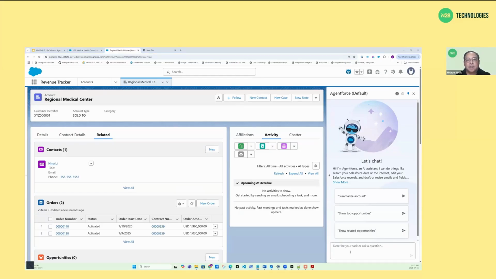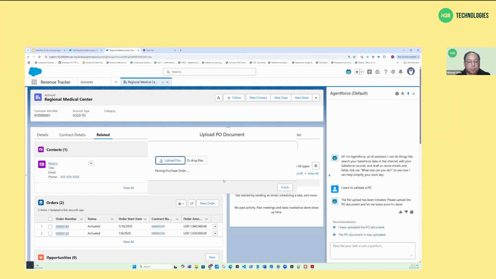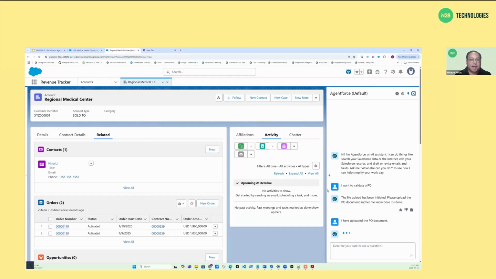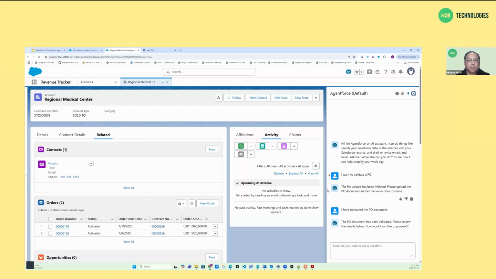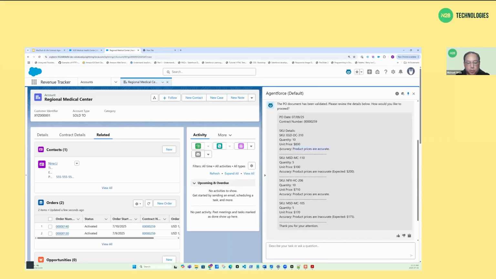We're going to first validate this PO. So why don't we go ahead and pull up the PO so we can take a look at it. We're going to upload it and take that purchase order and enter in all that information. And as we go here, we see that we have an inaccurate pricing. Now, that's great news because the agent was able to really identify that the pricing was incorrect in this